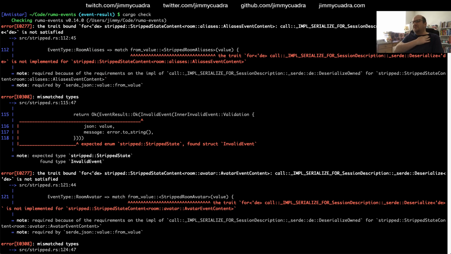Oh, that's because these no longer implement deserialize directly. They also need to be wrapped in results. Wow, this is messy.